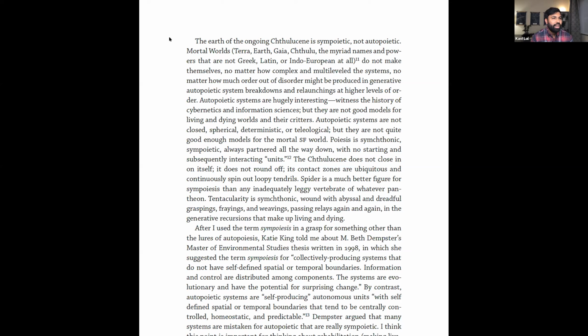The Thulucene does not close in on itself. It does not round off. Its contact zones are ubiquitous and can continuously spin out loopy tendrils. Spider is a much better figure for symbiosis than any inadequately leggy vertebrate of whatever pantheon. Tentacularity is sympoietic, wound with abysmal and dreadful graspings, frayings, and weavings, passing relays again and again in generative recursions that make up living and dying. After I used the term sympoiesis in a grasp for something other than the lures of